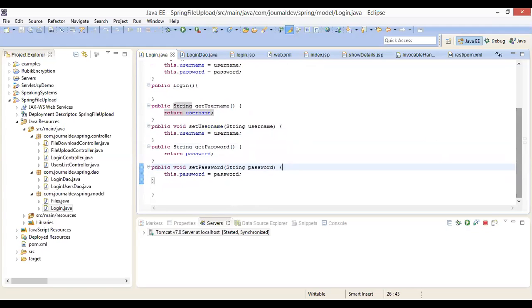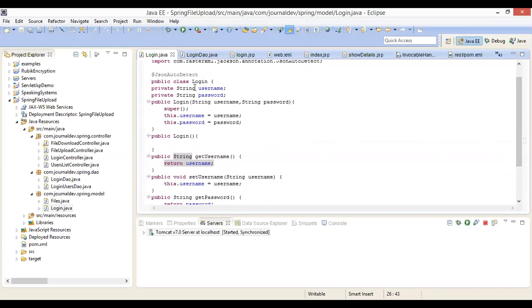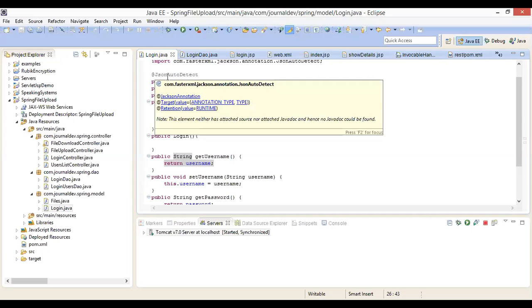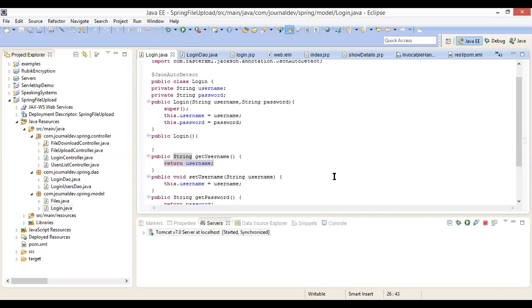Now, after creating this data model, I should retrieve the items from the database and show those items as a data model in the form of JSON. That is my ultimate idea for this web service, because I want to give the output to my Android app tomorrow in the form of JSON, where I can list my users with their passwords. If it is not password, some other field also we can put instead of password, let us say username and designation. For example, I am showing it.